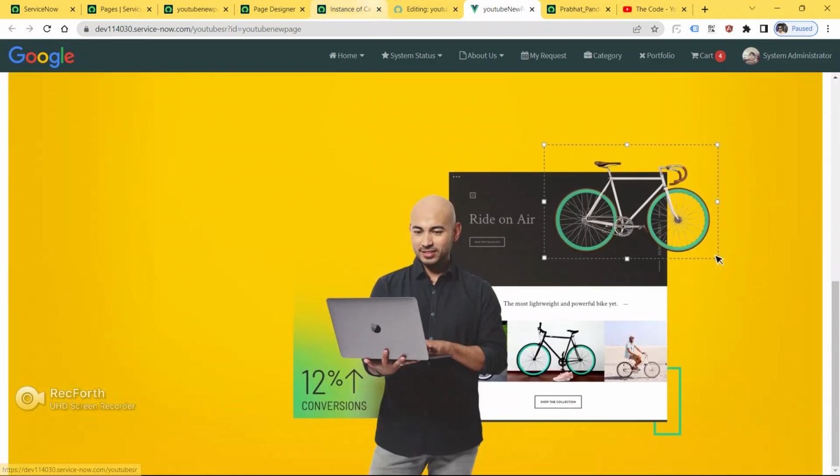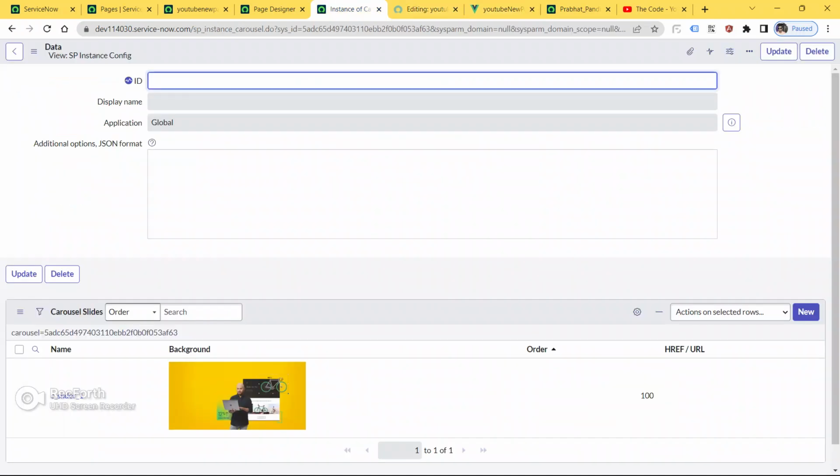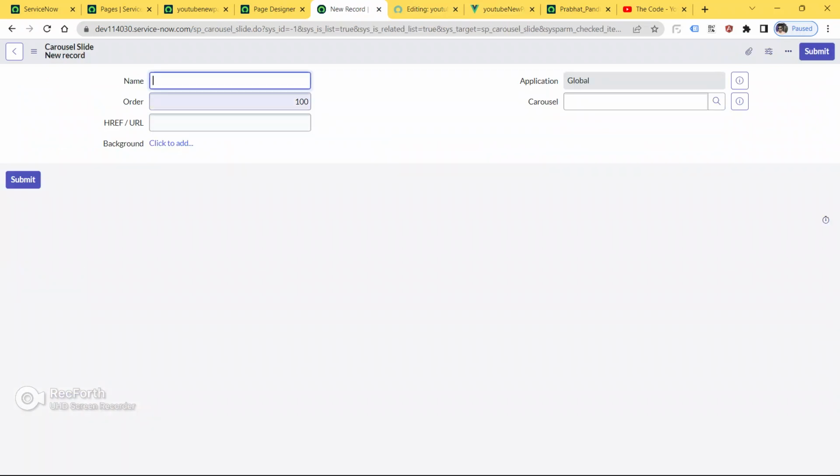Now we will add some more slides inside this. Click on the new button again to add slides. Change the order first, make it 2, give the name, make it 2 also. Click on the button, click to add.